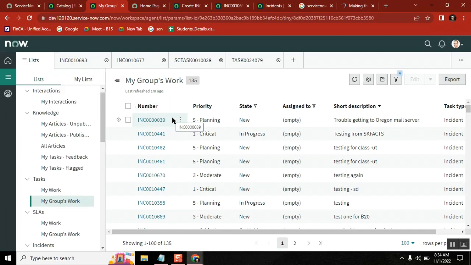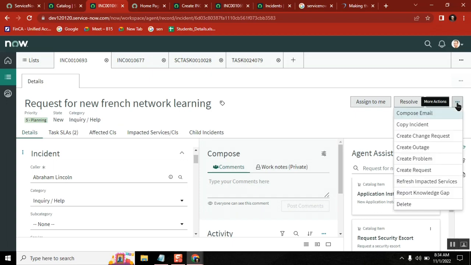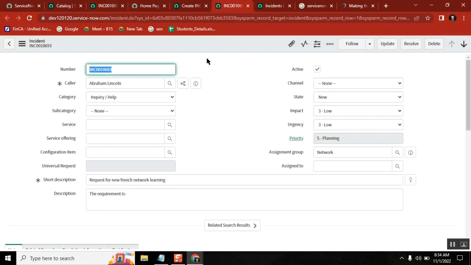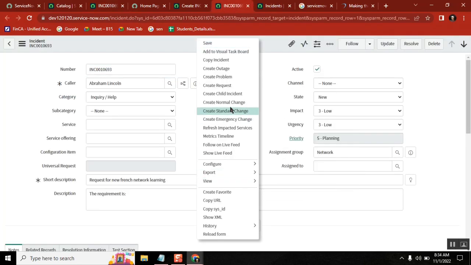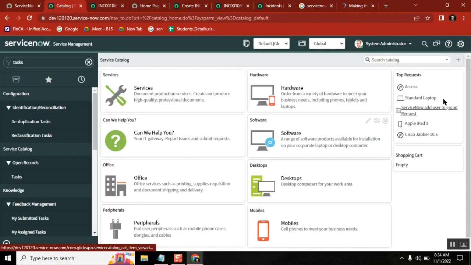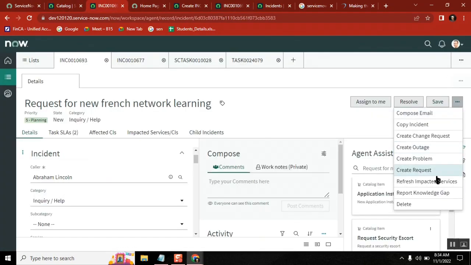I think I prefer the other one, but yeah. It has its own limitations. Not every functionality of UI16 will work here. Generally we call them UI actions, the buttons that you see from here. Not all will work. So in order to work in this particular platform, you need to work on them. Like we need to do some extra work. The basic